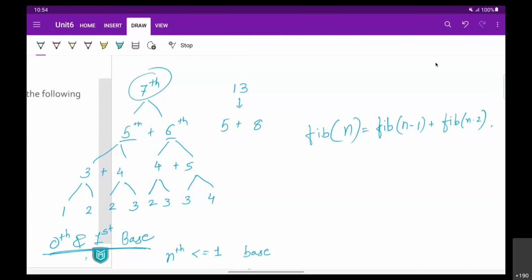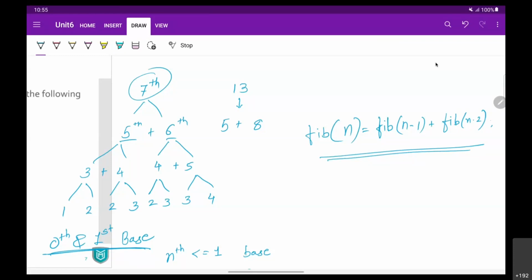ये दोनों फाइंड करके वापस आ जाओ, बाद में मैं ऐड करके अपना nth टर्म फाइंड कर लूंगा. So it's something like अगर मुझे कुछ कैलकुलेशन करना है तो उसके सब कैलकुलेशंस मैं पहले से किसी को दे दूंगा. You find this solution and give me your answer so that finally I can add it and come up with my result. सो इस तरह से ये हो गया हमारा रिकर्जन.